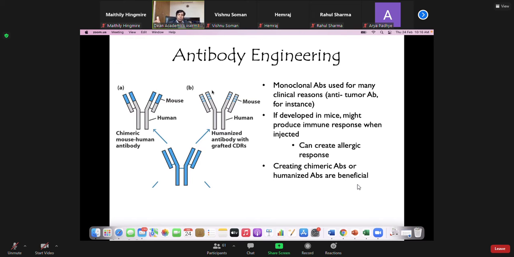So you keep those CDRs the same. Okay, so basically those will be of mouse origin, the CDRs. But everything else you can make from human origin. Okay, so in this case, this would be called a chimeric mouse-human antibody, where you have one portion of mouse and a large majority of it is coming from humans, which will have less immunogenicity. So in this case,